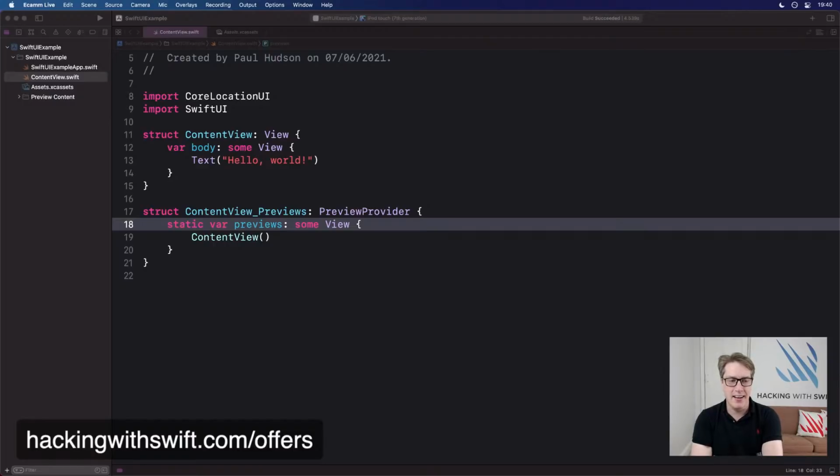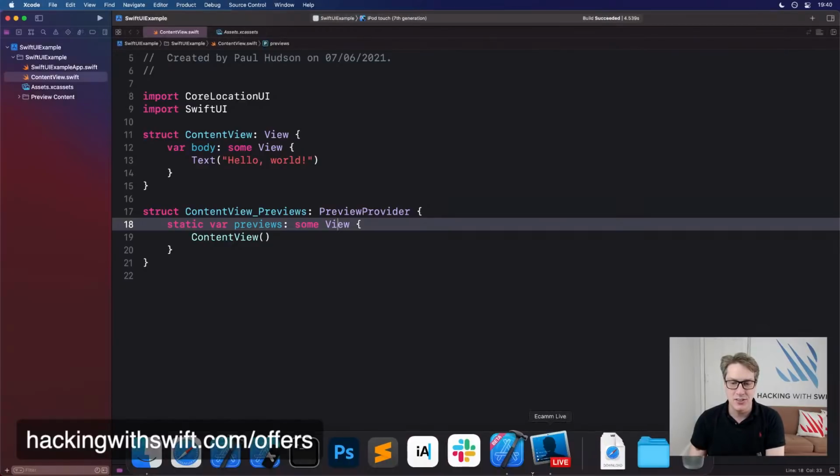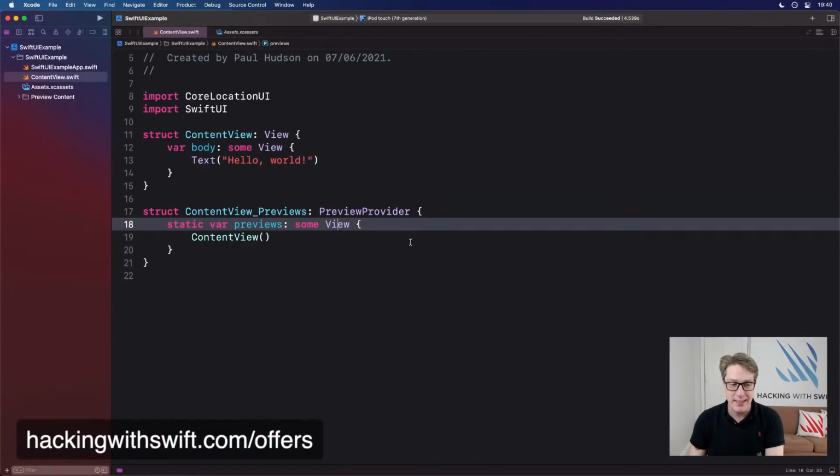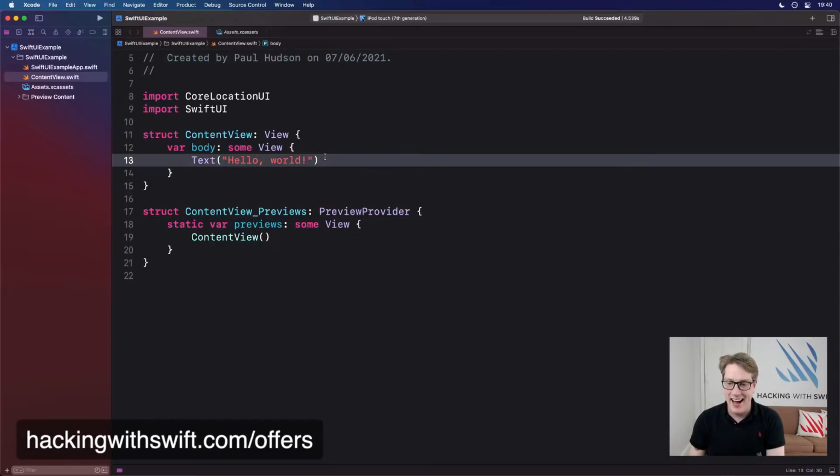I'm going to get the bad luck out of the way now by asking my Mac to build and launch the simulator with just hello world. And if it's going to go wrong, this is where it's going to go wrong. So I'll press Command R and let it do its thing, launching the simulator. And if it's going to catch fire, it'll be when it's doing this. So hopefully we'll see. I had to restart Xcode and restart my entire Mac to clear the sound problems. And I don't know why.